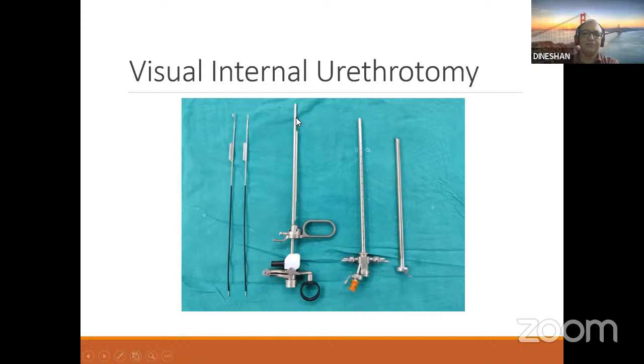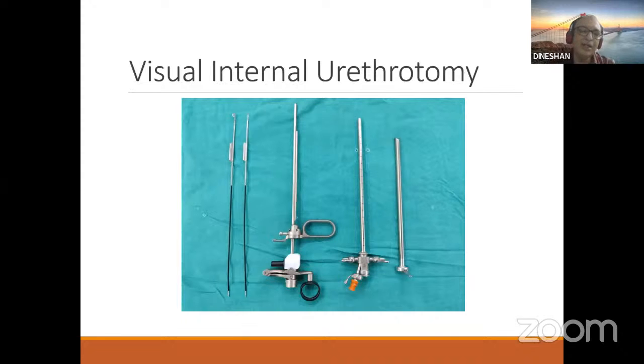This semilunar, the half moon shape knife, is used for bladder neck incision. The advantage is that you can cut the neck through forward and backward movements, even while introducing it.